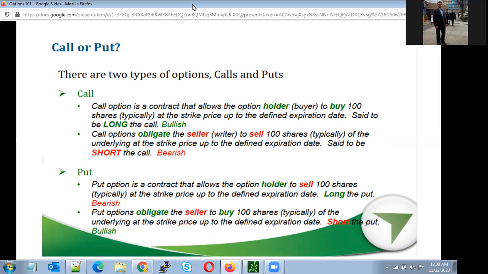So I am deciding three things: this is the price of the stock I'm going to buy, on this particular day, and I have to buy 100, because a contract is always for a quantity of 100. So when you are buying one contract, you are buying the right to buy 100 stocks. Always remember, one contract equals 100 underlying stocks, or whatever ETF or index fund, at the strike price and the defined expiration date. This is said to be long the call.